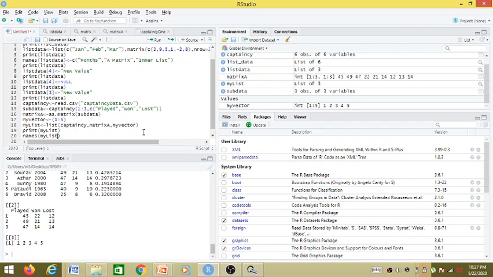So my list, and the names will be given inside a vector as string values. So first is data frame, so let's call it data frame. The second is a matrix, so let's call it matrix. And third was a vector, so call it vector.